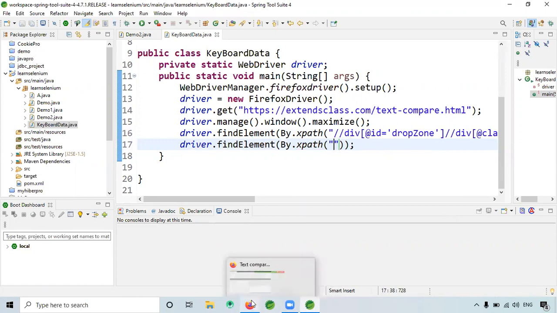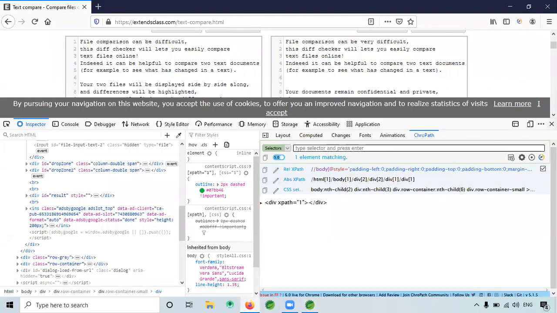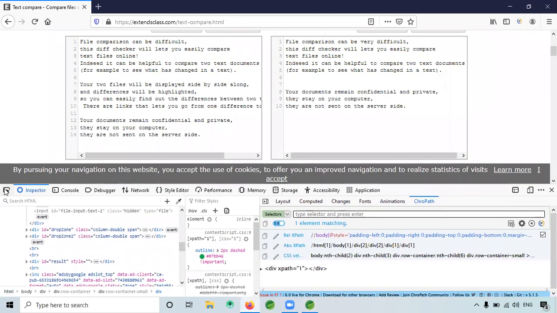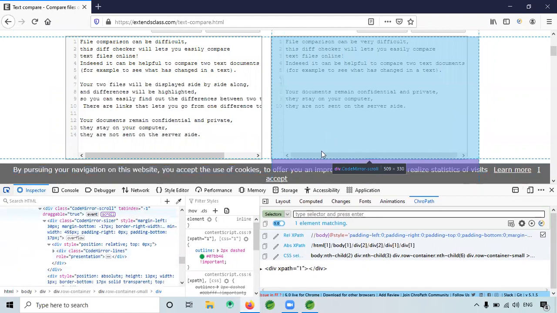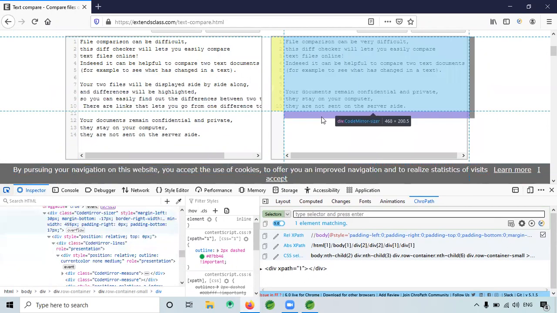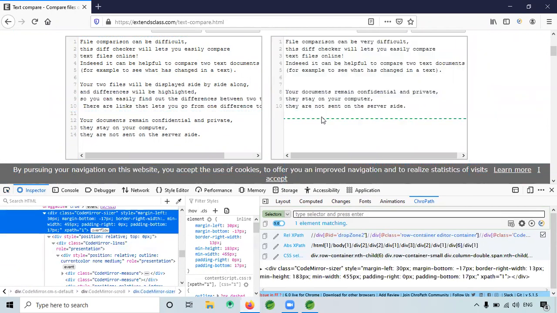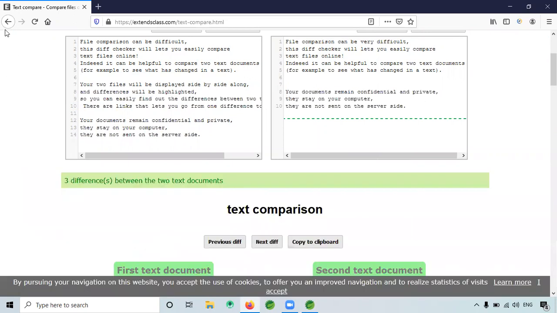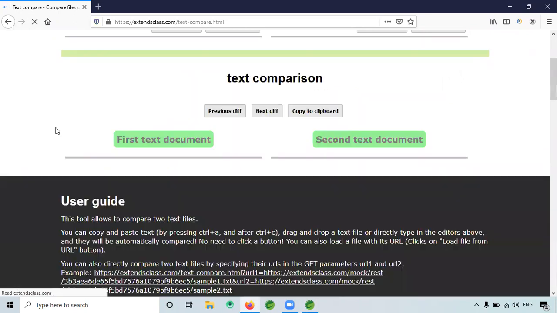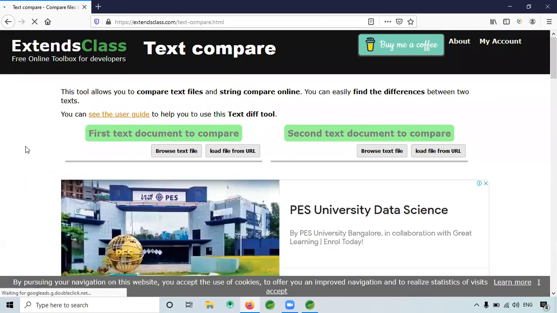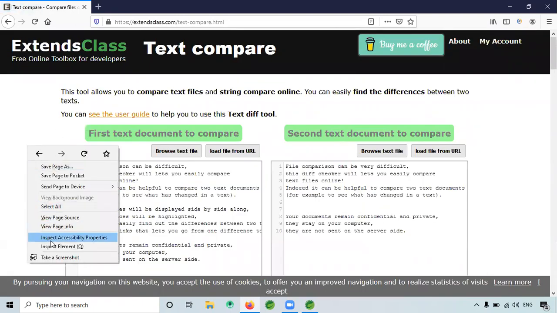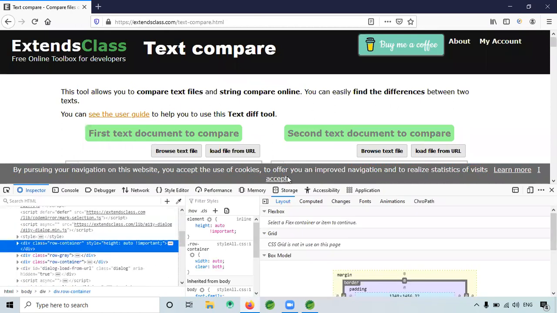So here also same thing I will do. I click inspect element. Okay, this is the one. So we'll click Control A, Control C. Again refresh. Inspect element.